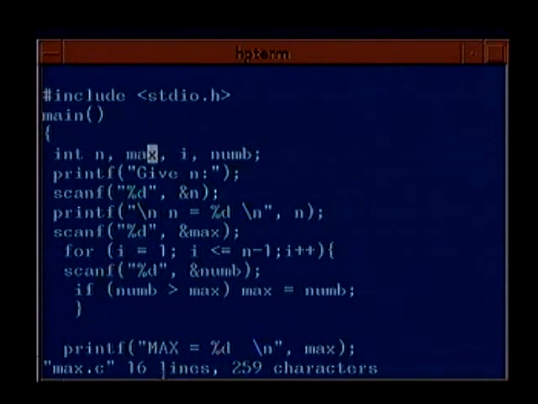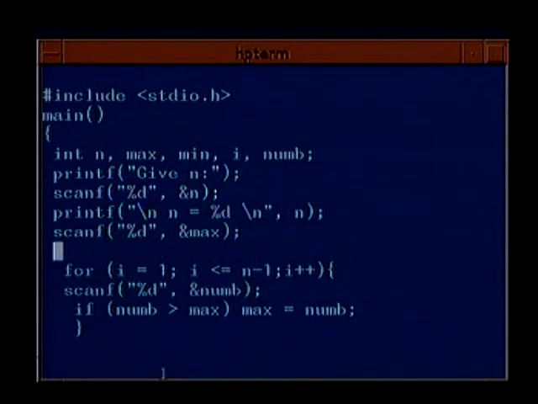So we declare another variable called min, and when you're reading in max, you initialize min to max also. That is, the first number is read and initialized to both min and max, and when you read in the new number, you again compare if num is less than min, then min is assigned num.